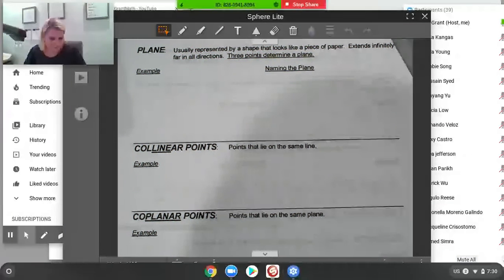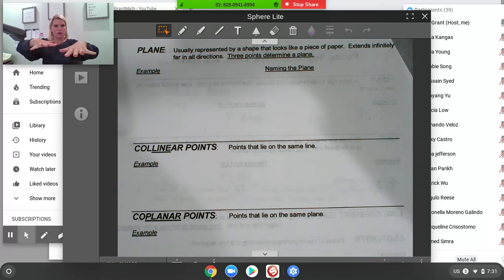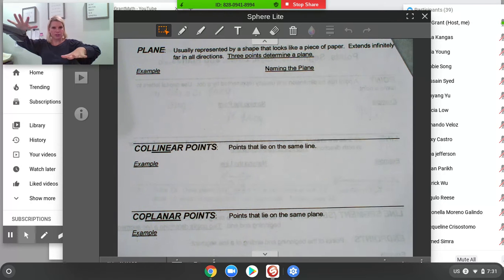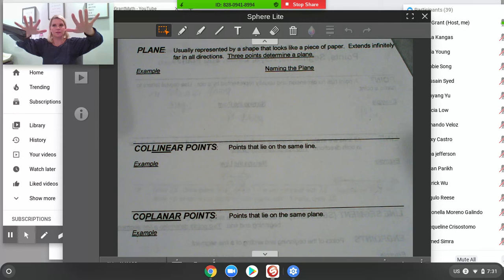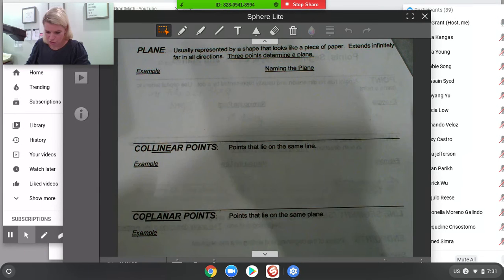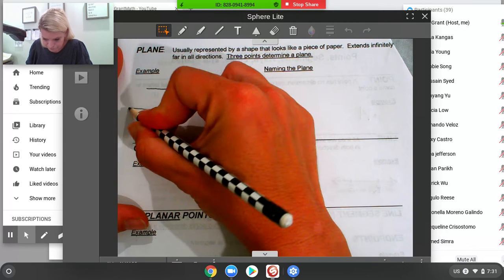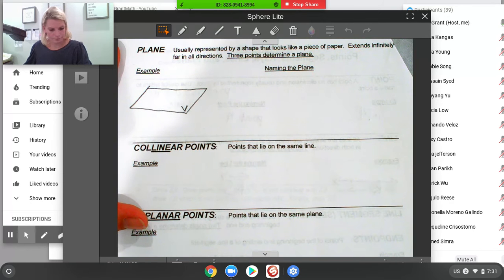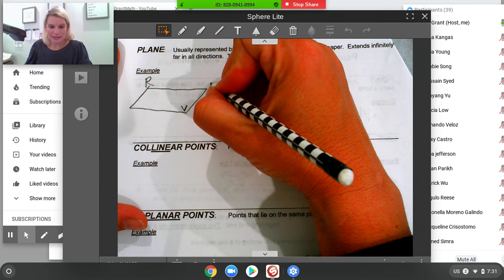All right. A plane. A plane is a flat surface that extends forever in all directions. Flat surface that extends forever in all directions. A plane could be facing this direction. A plane could be tilted. Okay? So, check this out. If I have a plane, I'm going to call it plane V. And then the points where my sides intersect,